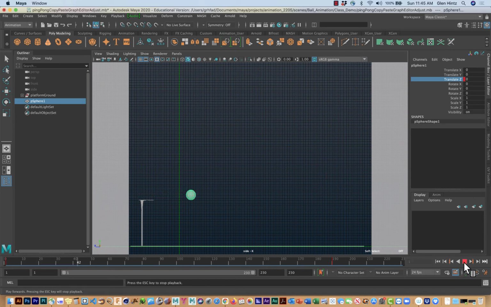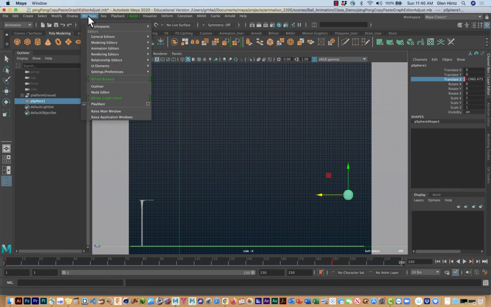Now, ease in and ease out is critical because it's the natural way things happen. If you think about when you walk or when you jump, you start off from a standing still or static position, and then you initiate energy, begin your motion, and then get into a full pace. And then when you stop, unless you have to abruptly stop, you generally slow down and come to a stop. So that's what the ease in and ease out does. And like I said, if we go back to the graph editor here,